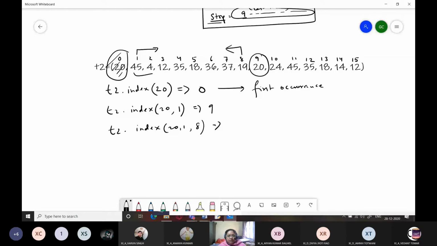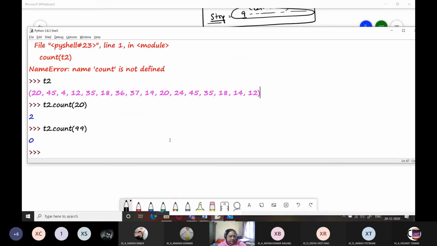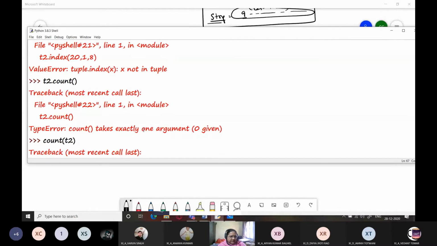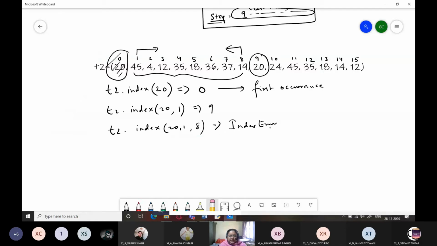So this is the portion of the tuple where I have to look for the value 20, which is not present anywhere. So it gives you an index error, or I think it should give us a value error. Name error. No, wait. Value error. Not the index error, because it is looking for the value and it doesn't find the value, so it gives us a value error. Because that particular element is not present within this range. Here you are actually providing a range where Python should look for the element.